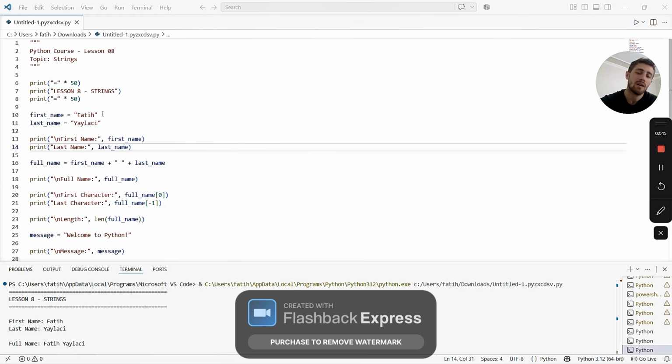Another string variable is created to store the last name, and the full name is first name plus last name. The plus operator joins two strings together. The space is added so the first and last name are separated.